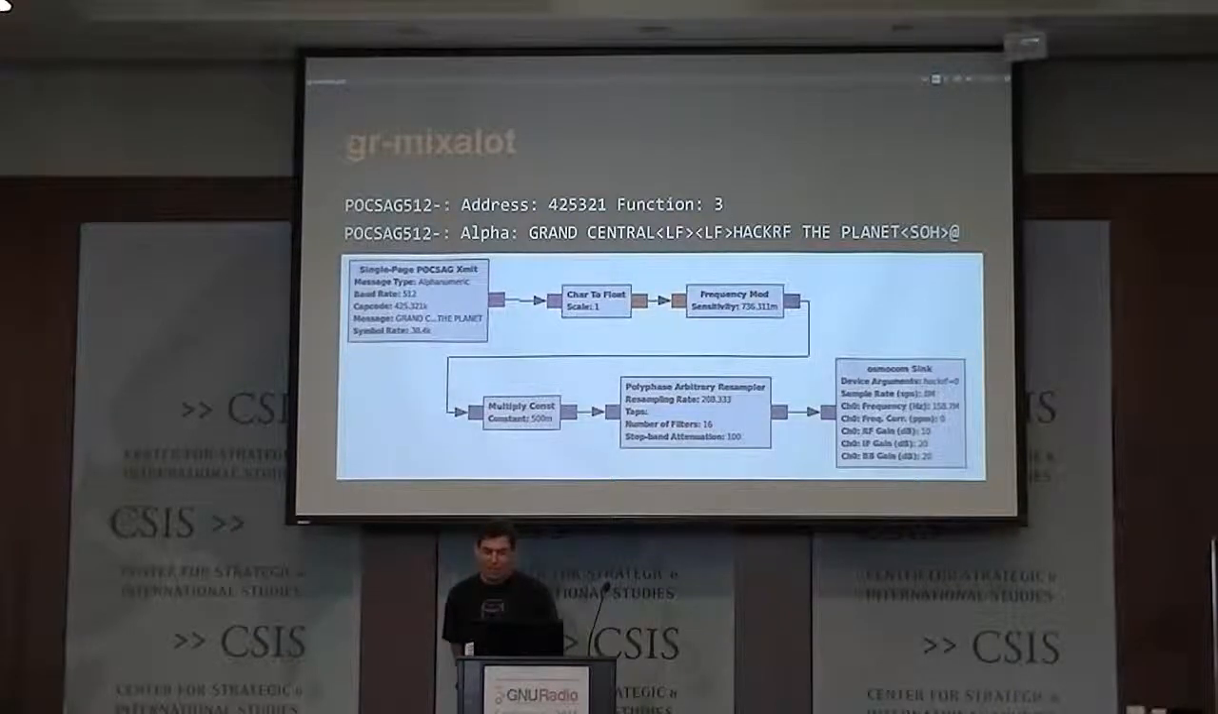gr-mixalot. That was kind of funny. Somebody posted in the radio channel that they were saying, I can't make this work on my Mac. And so, well, there's your problem. You're using a Mac and fighting with Homebrew and MacPorts and something else and libraries stomping all over each other. But in the process of validating that mixalot was in fact doing what it was supposed to,